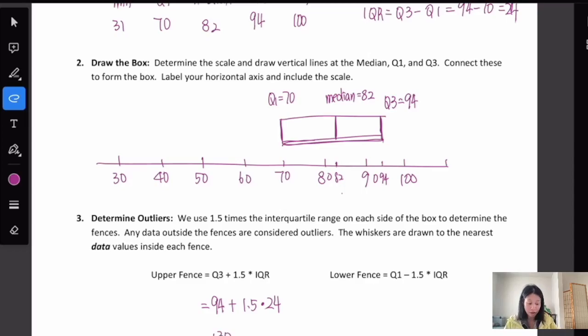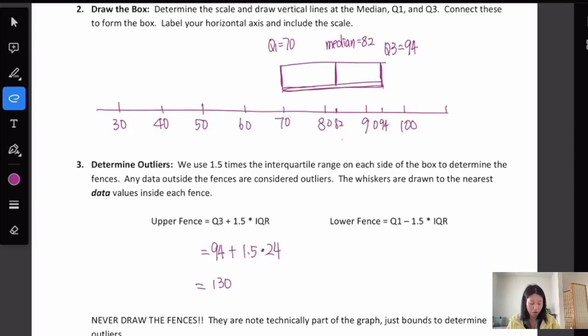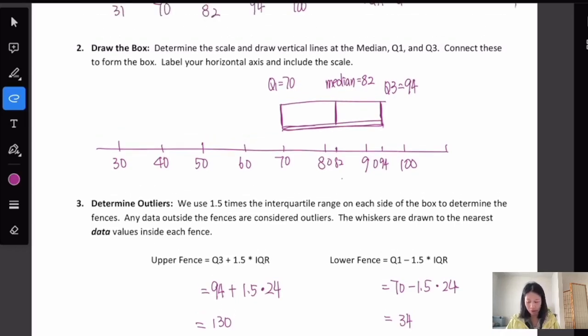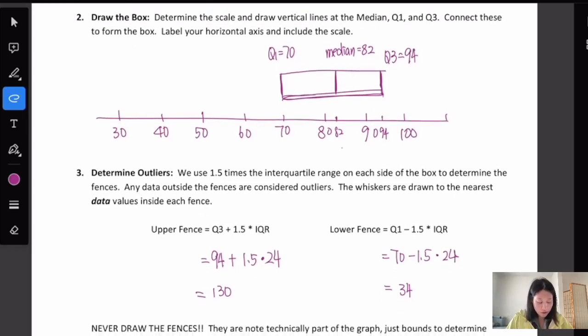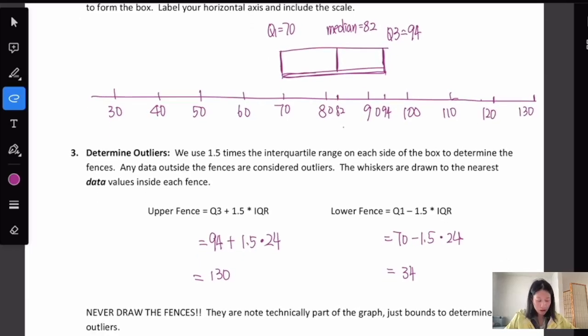Lower fence is a similar idea. You want to use Q1 and subtract 1.5 times the width of the box. So Q1 is 70. You subtract 1.5 times the interquartile range, which is 24. That gives you 34. So now let's label it. So our upper fence, oops, this is 110. We need to add another 2. 120, 130. So upper fence,